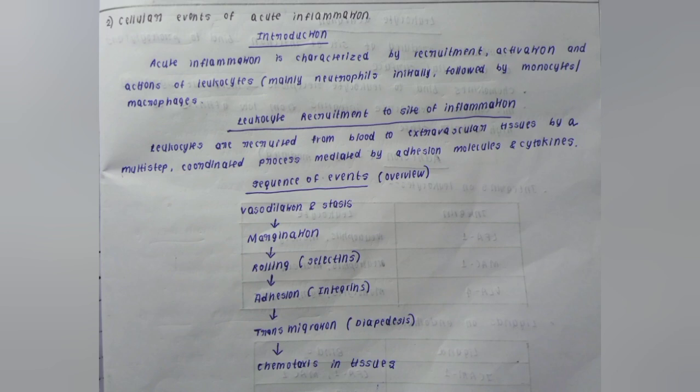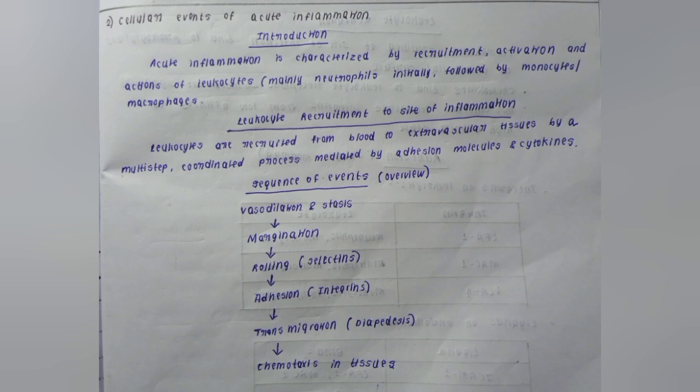Now, what is this leukocyte recruitment? You know what a recruitment is, right? It is basically electing someone to a particular job. Similarly, the leukocyte is elected to perform something specific. That's why we call it leukocyte recruitment. Usually the word recruitment is used in a police job, right? So they say you have been recruited in this area. Now this leukocyte has been recruited to the site of inflammation. It has to go to the site of inflammation and there perform the specific job that is